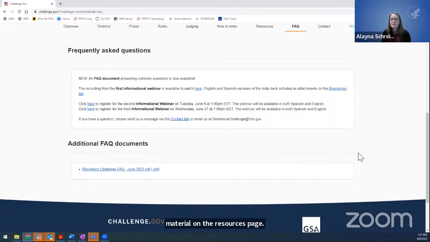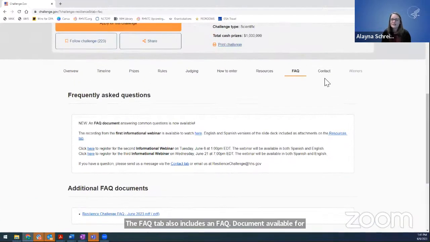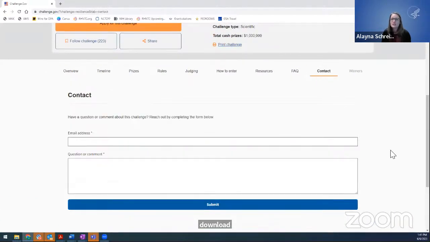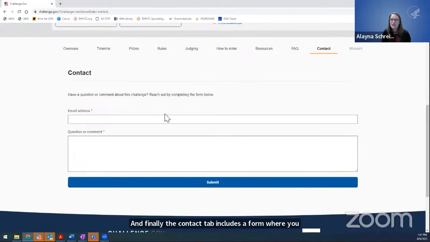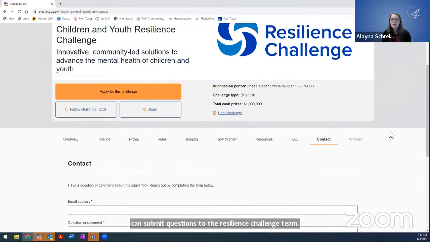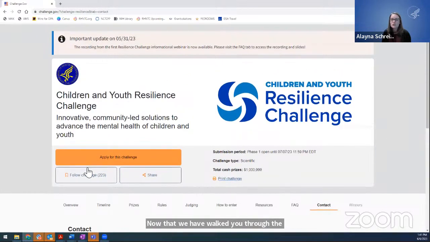The FAQ tab also includes an FAQ document available for download. And finally, the Contact tab includes a form where you can submit questions to the Resilience Challenge team. Now that we have walked you through the Children and Youth Resilience Challenge website, we will show you how to